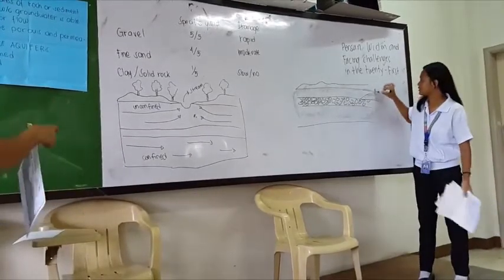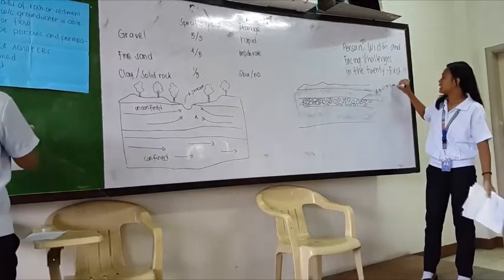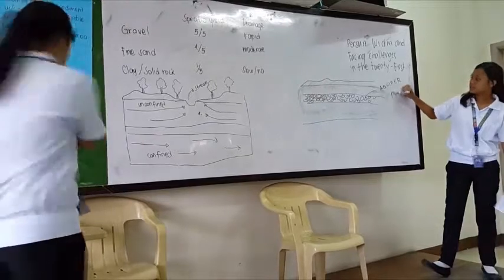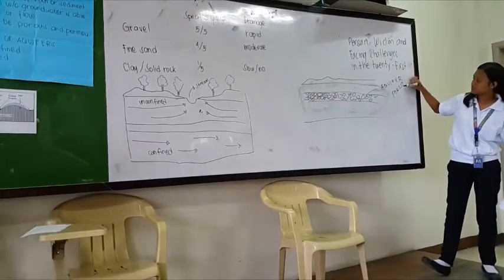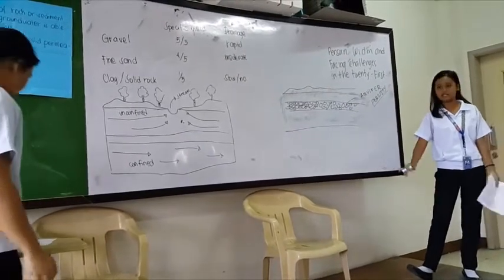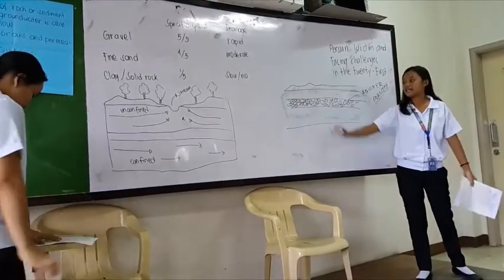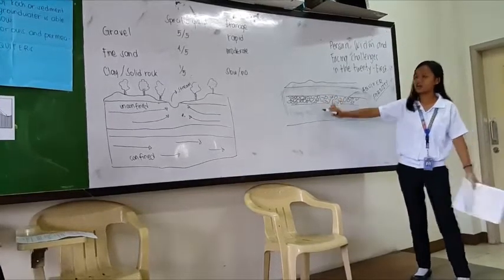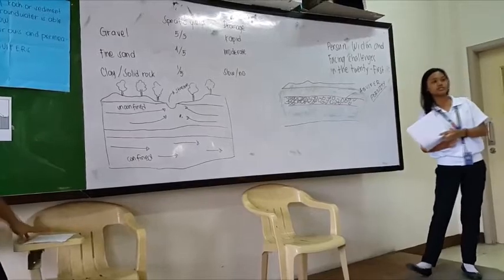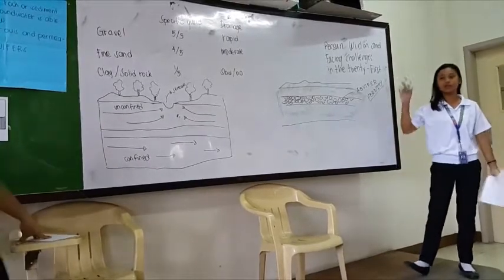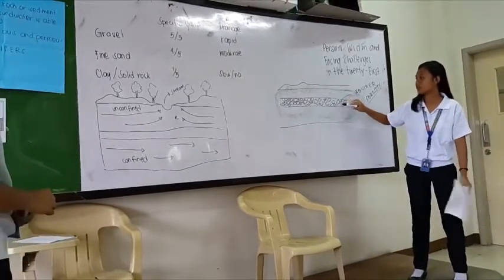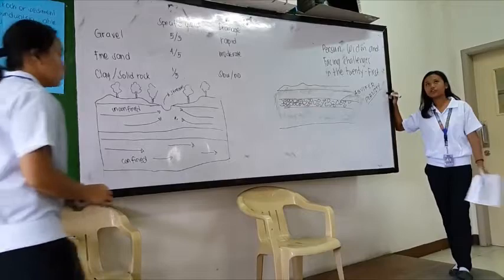So this is the aquifer. Another characteristic of an aquifer is porosity. Porosity is the spaces within cracks and cavities of a rock or a material. So porosity comes from the word pores. Pores means holes or spaces. So these cracks are pores. So for you to visualize,